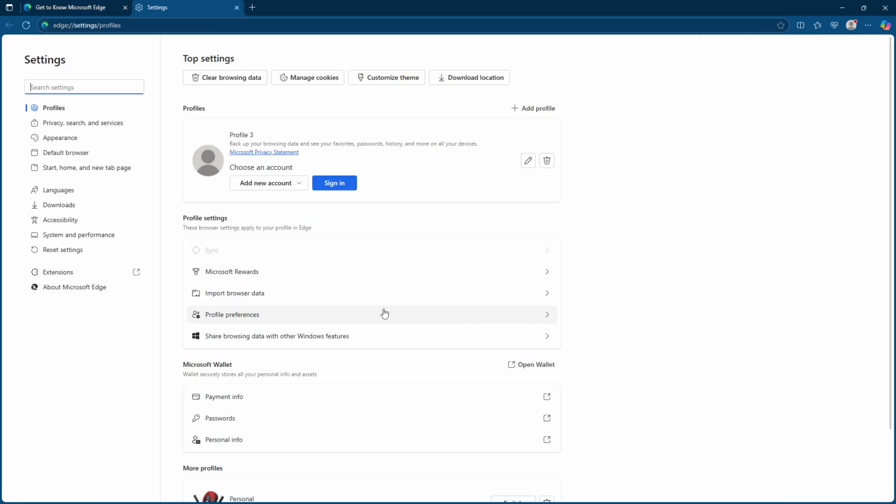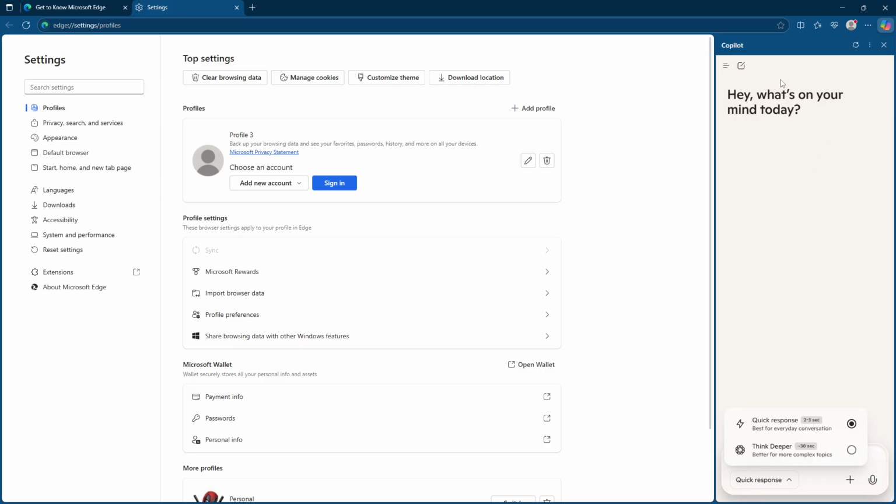Now let's talk about some key settings and features you should know. Microsoft Edge now integrates with Copilot, an AI companion that can summarize web pages and even assist in generating content. This feature can help streamline your online activities by making it easier to digest information or create new content directly